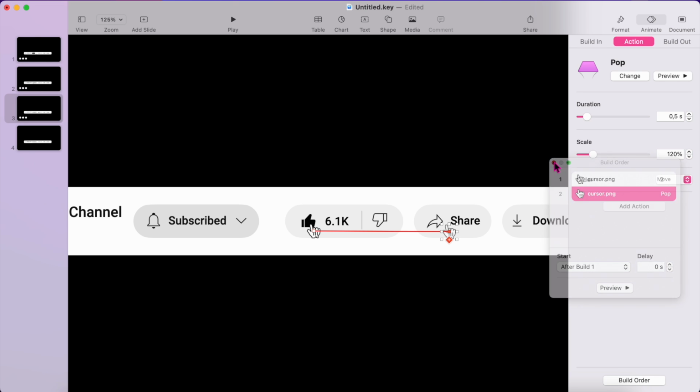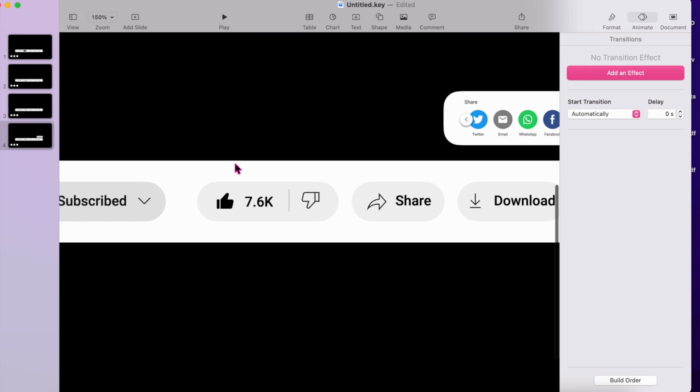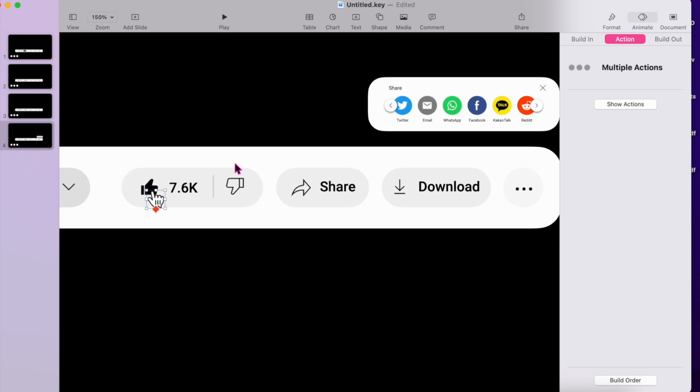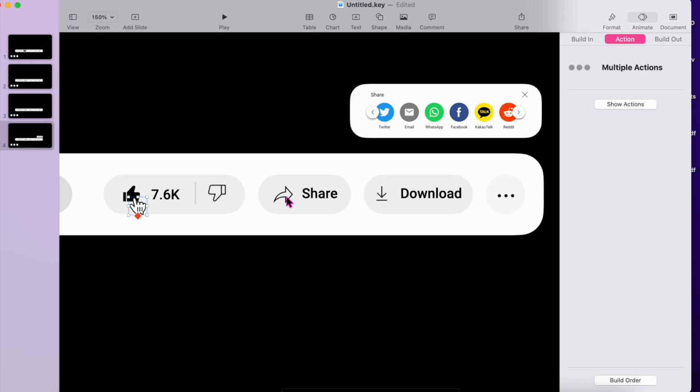Okay, let's see from the beginning. Pop-up, pop-up, pop-up. Okay, now we have to bring the cursor again to the next slide, and